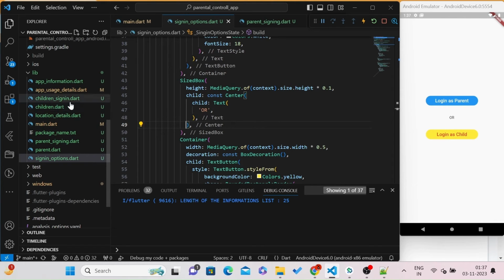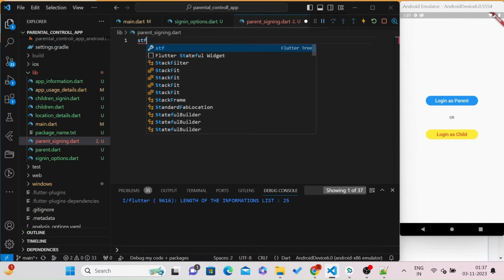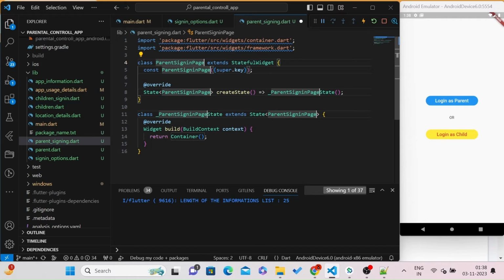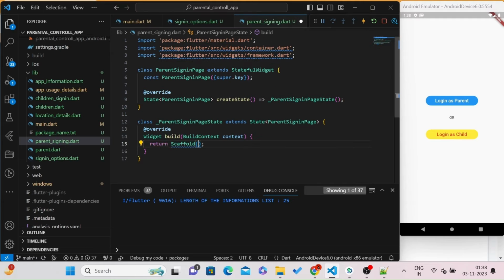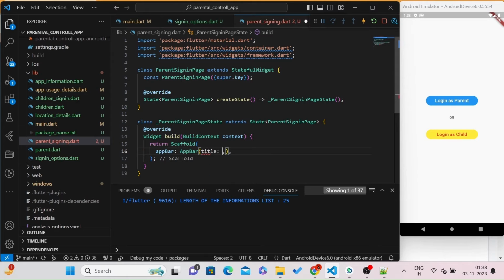I'm going to create two fields inside this parent sign in page. Once we click this login as parent, we will be redirected to this parent sign in. So this parent sign in will be a stateful widget. Let's create this parent sign in page, and also have a scaffold and app bar title, parent sign in,